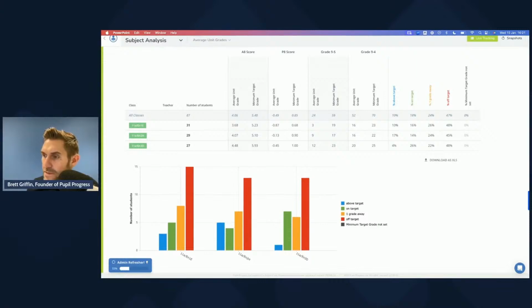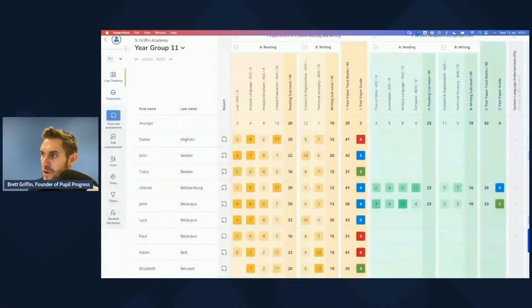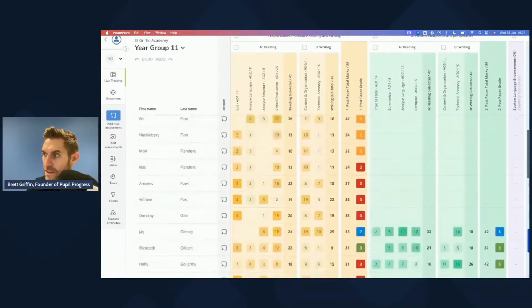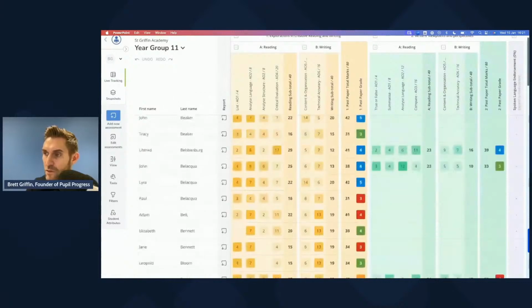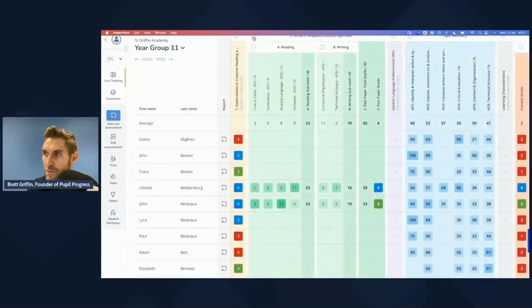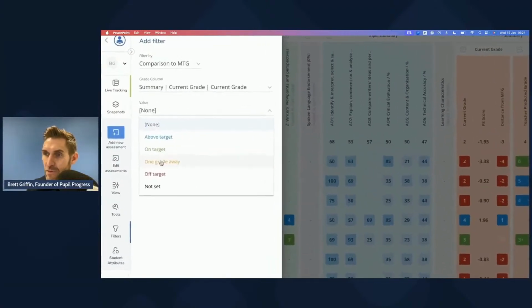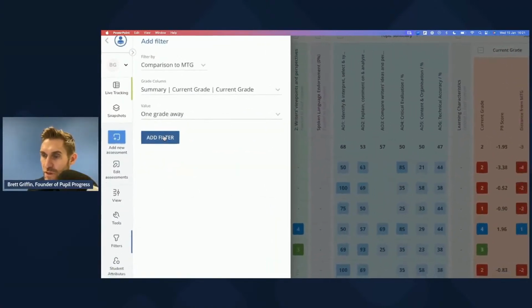Now, what's key is I can use these dashboards to create very clear action. An example here is the head of department is able to identify that they've got 24% of students that are one grade away, but most specifically, what action am I going to take? That head of department is able to then open a whole year group overview. So you can see here that this teacher has got all data for a single paper from a single assessment point for all students across the whole cohort, and is then able to filter out all students that are one grade away,